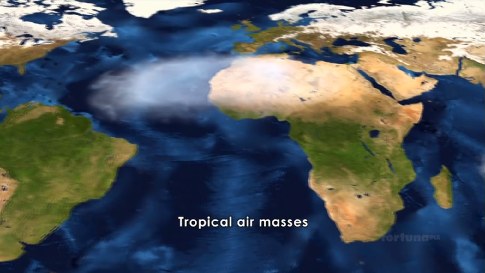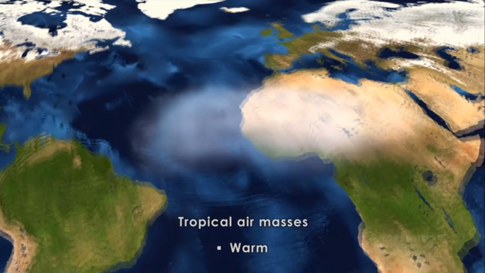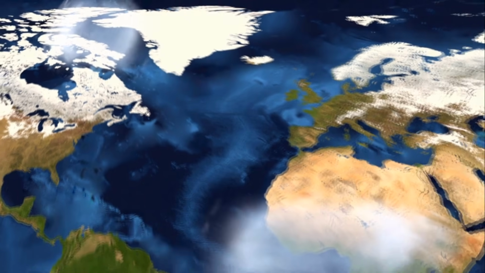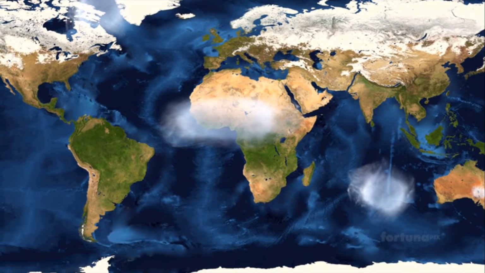Tropical air masses form in regions of lower latitudes and are usually warm. Polar air masses form over polar ice caps and are very cold. As these air masses move across Earth's surface, they will change, becoming modified according to the characteristics of the location